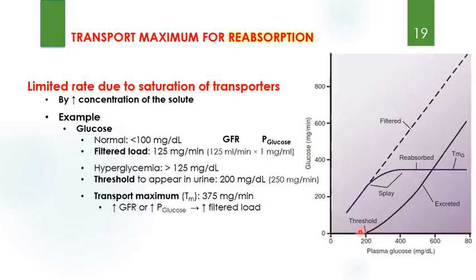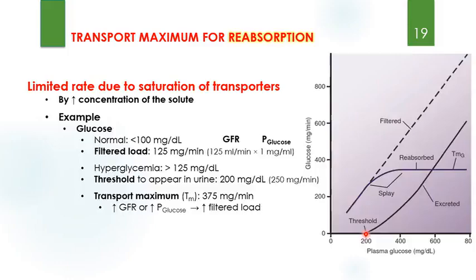In the curves in this graph, you see how, by increasing plasma glucose concentration on the x-axis, the filtration rate, reabsorption rate, and excretion rate of glucose change. For example, at the normal level, filtration and reabsorption are equal. All filtered glucose will be reabsorbed. But by increasing the concentration, when plasma glucose reaches 200 and more, the